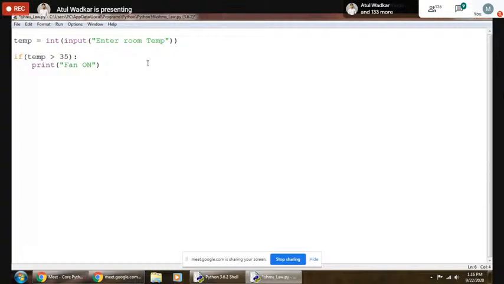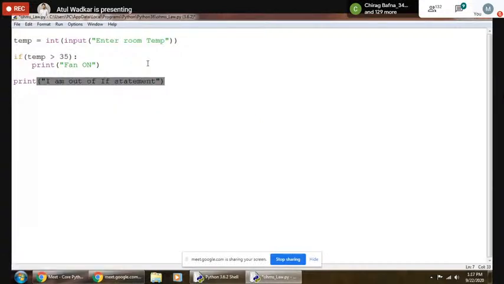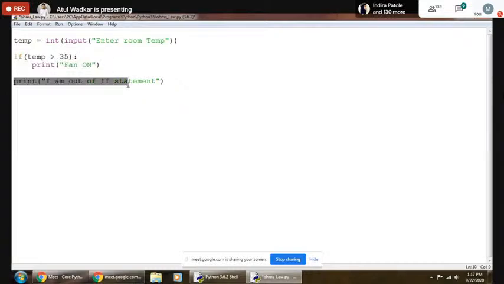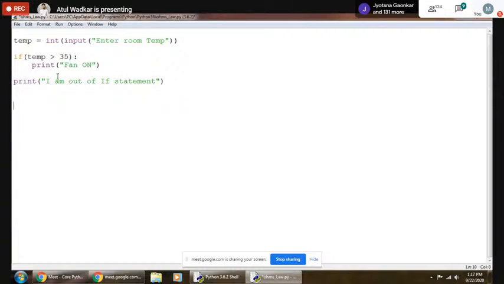Okay, now this is very simple code. Now if I write a statement here, print I am out of if statement. Okay, so in this case, what is happening? Initially, when I was declaring this, enter room temperature, then if temperature is greater than 35 degrees centigrade, then print fan on. This will happen, and this statement is here. So in case of the C programming language, there were some curly brackets. So here there was a curly bracket. Again, here there was a curly bracket,